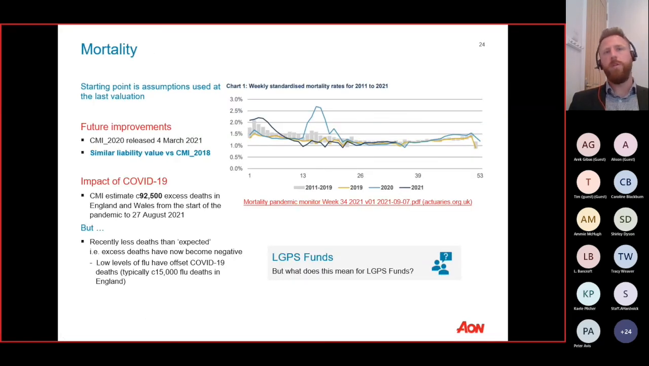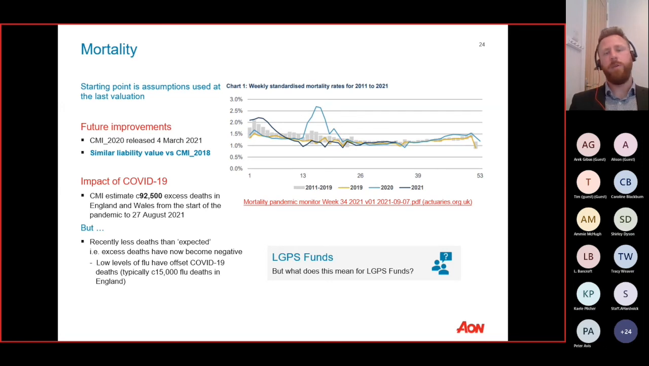So moving on to the mortality assumption then. This slide is very similar to something that Eric showed earlier in the first session, where he noted that there have been around 92,500 excess deaths since the start of the pandemic, based on figures released by the CMI. The one thing to add to this, I guess, as part of accounting, is that as part of our accounting